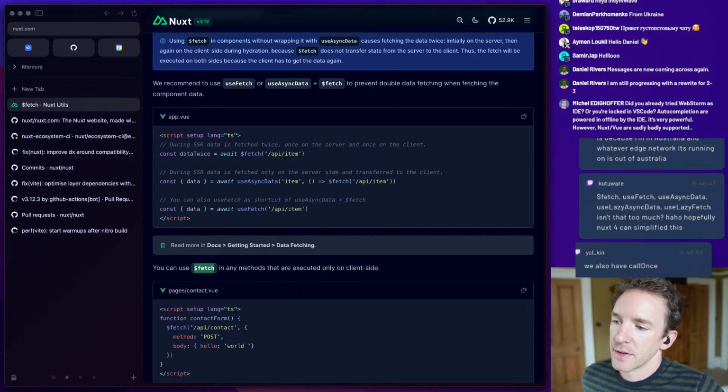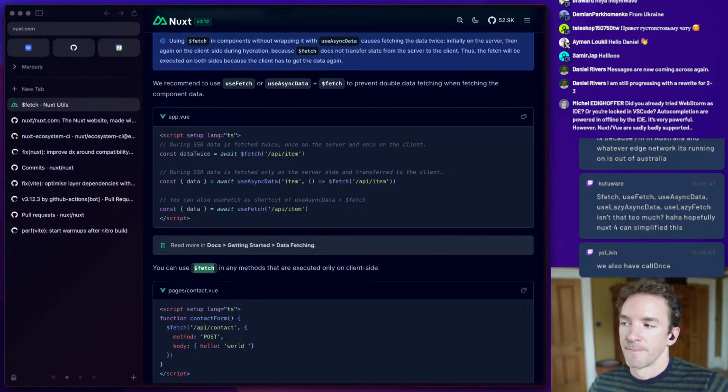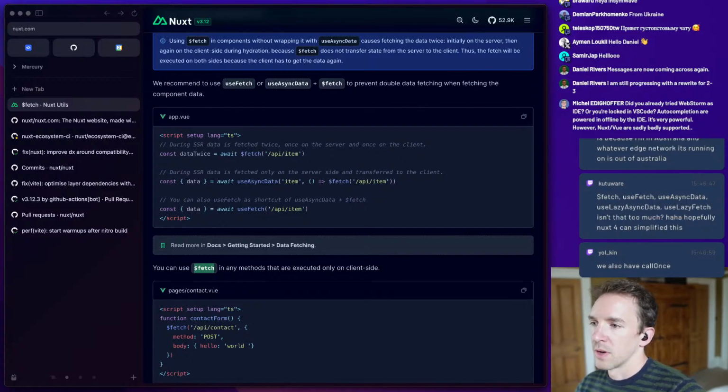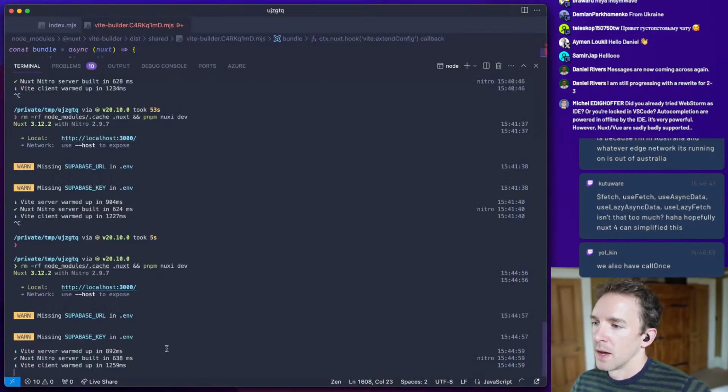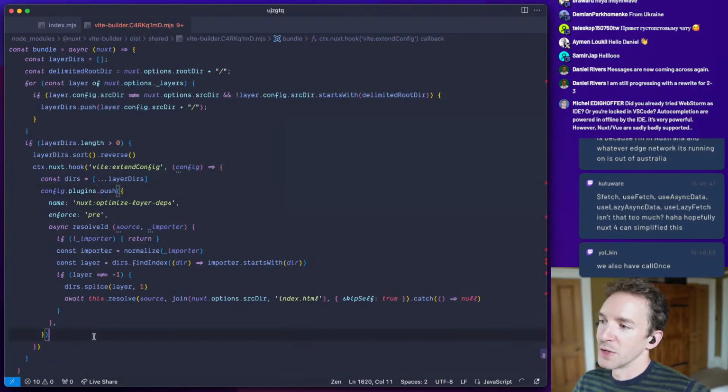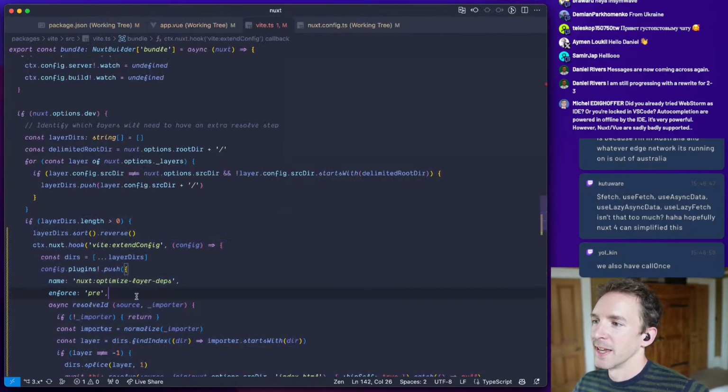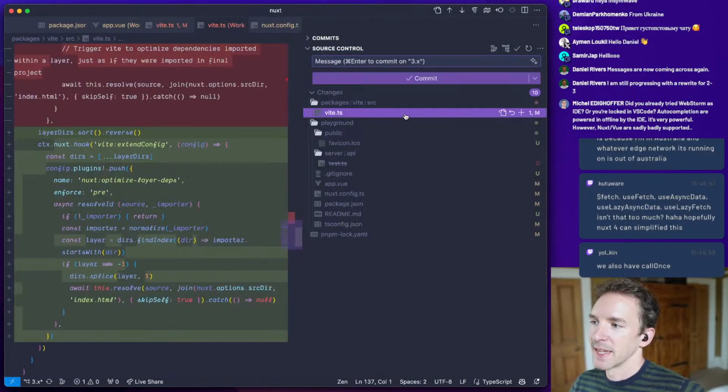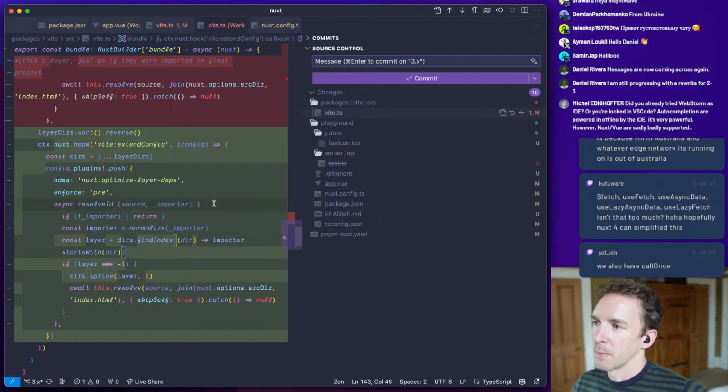So useLazyFetch and useLazyAsyncData are really the same thing as useFetch and useAsyncData, but with a lazy option. Okay, so this is a really good performance improvement. Really easy, really straightforward, and it's just going to avoid this resolve call being made more than once.